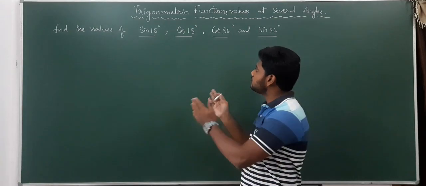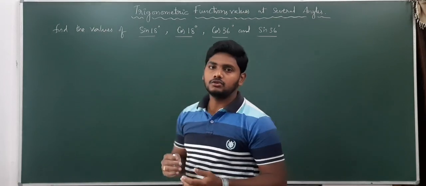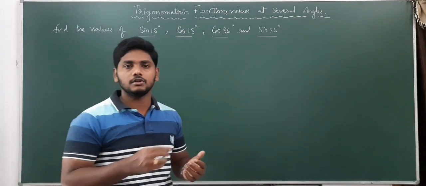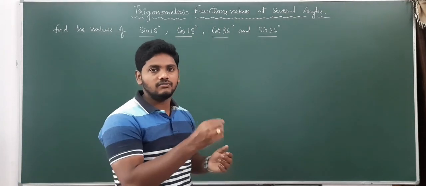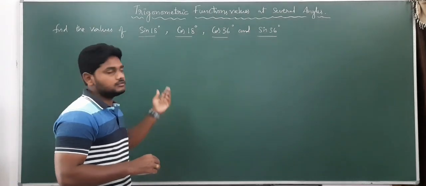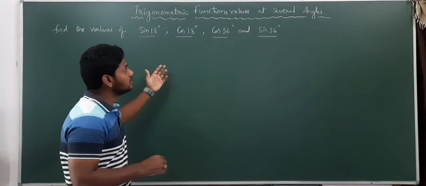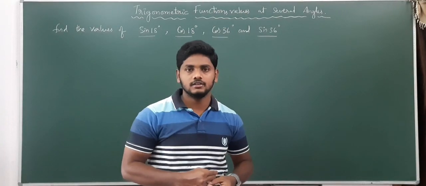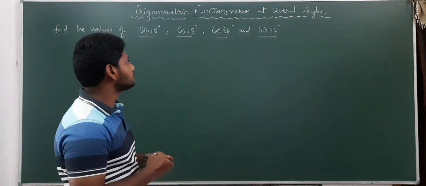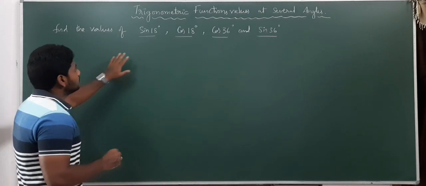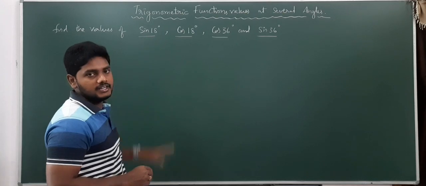Otherwise, by using the concept of how to find sin 22.5 degrees, how to find sin 18, by using the concept also you can learn within a minute. You can find within a minute. If you are able to find one degree value, for example sin 18, remaining also you can find within a few seconds. So that's the main intention of this session. See, first of all we will learn how to find sin 18 degrees.